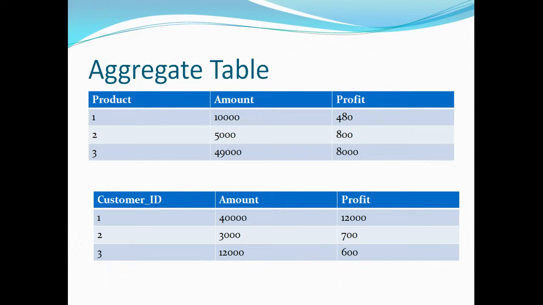So I'll try to put more emphasis on these two products. The same goes for these customers as well. These customers are the ones that are buying a lot of stuff from me. This guy is giving me a lot of profit, so I'll make sure that